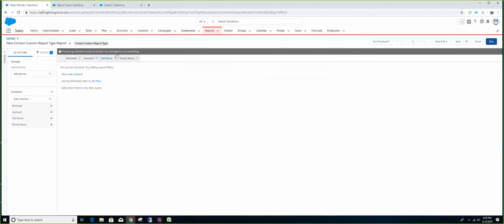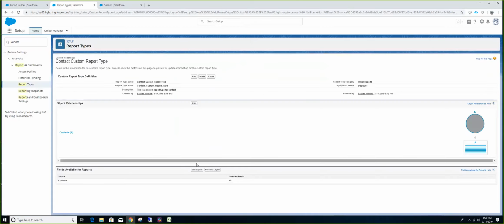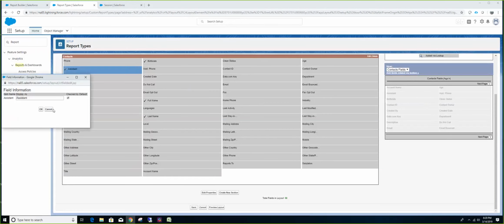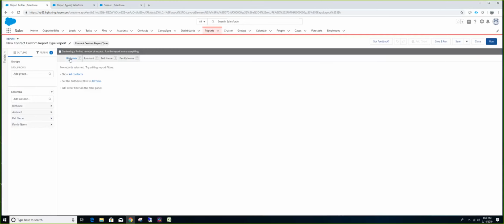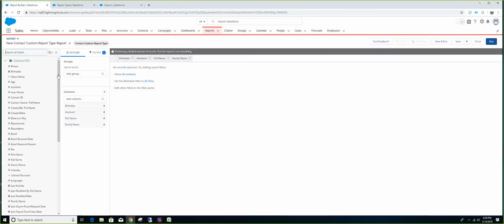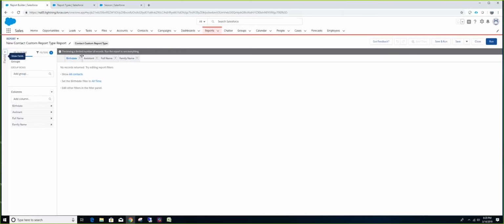You see, all these columns automatically came up. Wherever I click checked by default in the edit layout, those fields are automatically available in the reporting pane, even without the user dragging and dropping.